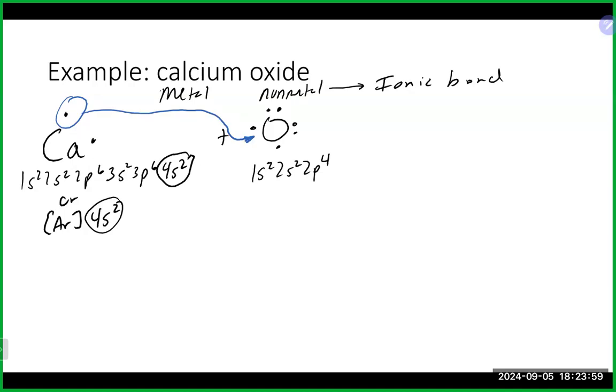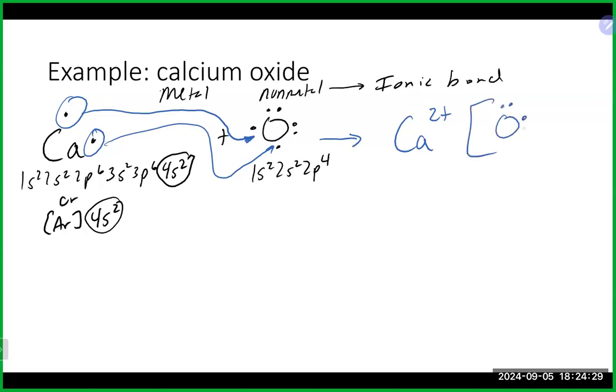It would not be happy, because if you look at the periodic table, if it just loses one electron, it now becomes like potassium, which is not a noble gas, right? So it definitely wants to lose both of those electrons. So it will send the other one over as well in this case. That's going to allow our calcium now to have a +2 charge because it got rid of 2 electrons. Our oxygen will pick up those 2 electrons and fill out basically 8 here and end up with a -2